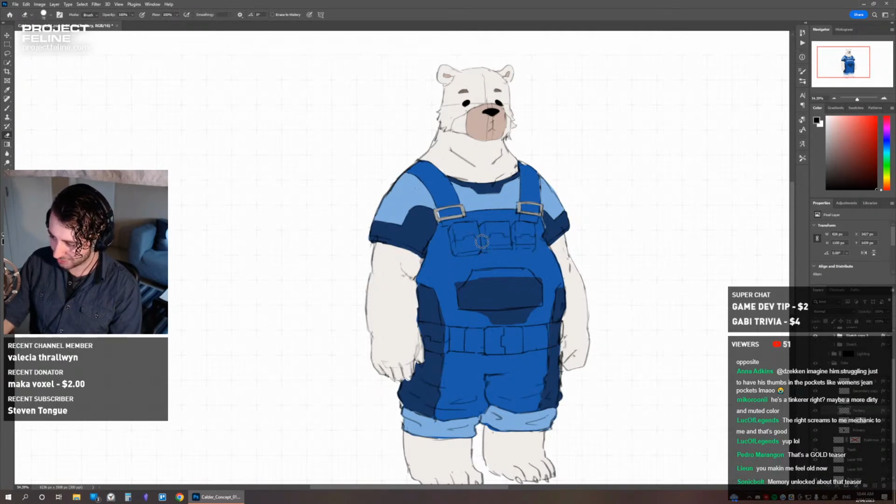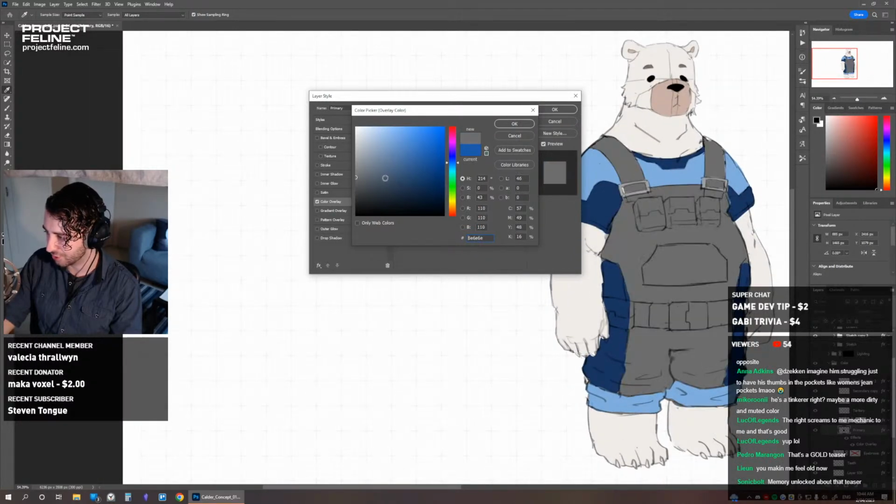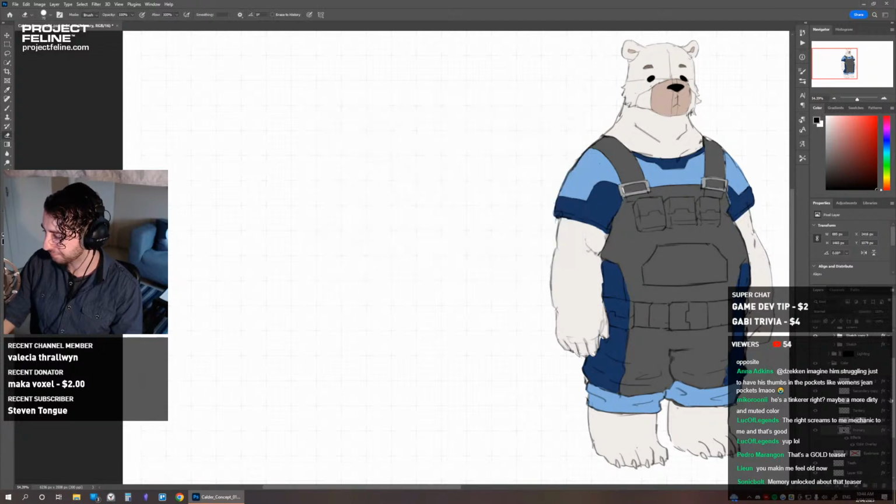Full disclosure, I haven't done values in a long time, so I'm a little rusty, but maybe we should start there, see what feels good, and then I'll rub out some of this stuff. Then we'll figure out what hues. I have an idea on the hues I want, but we'll change these all to grayscale sort of colors. That's the cool thing about these color layers, they're adjustment layers, so I can change the color of anything I want. I'll make this dark because I want that to be a focal point. And his fur is going to be white, obviously.